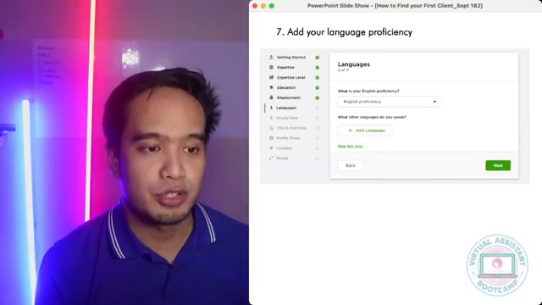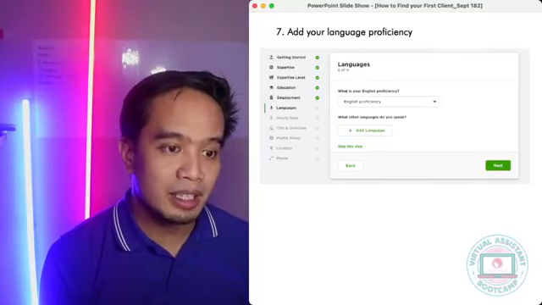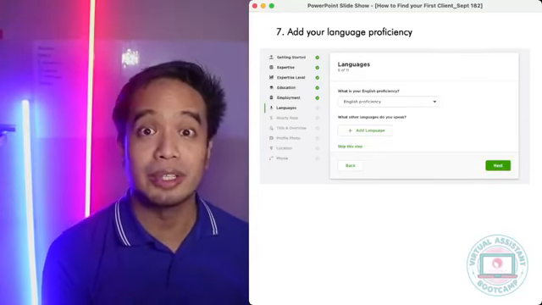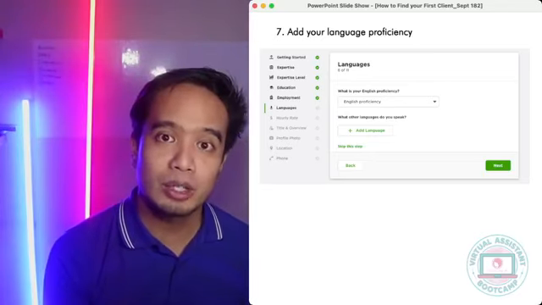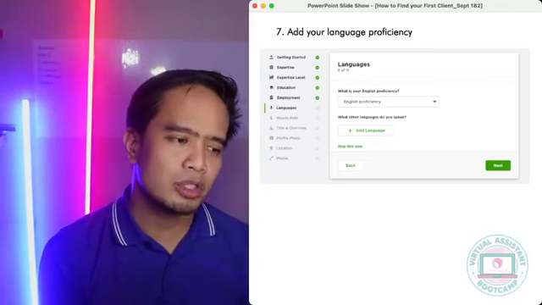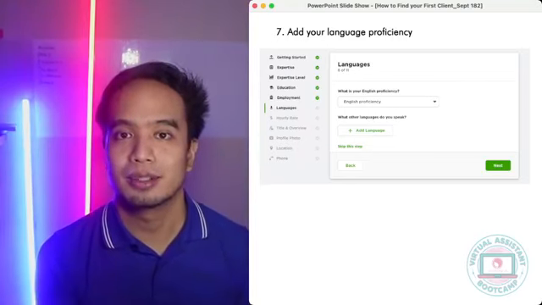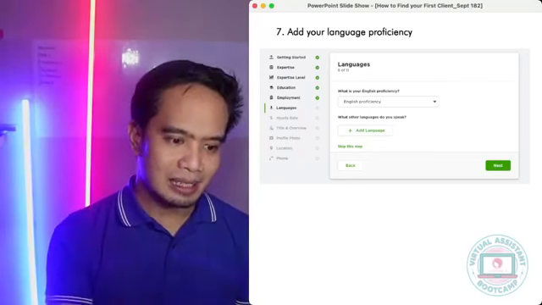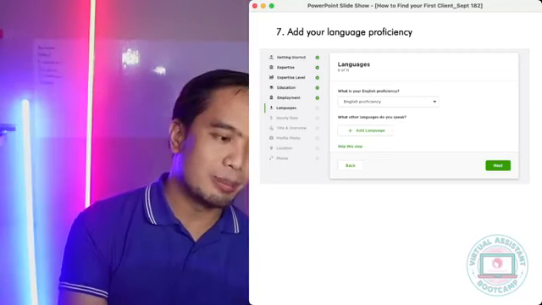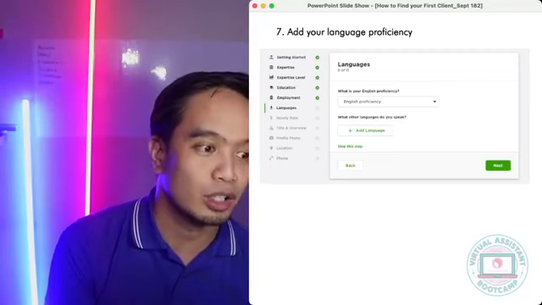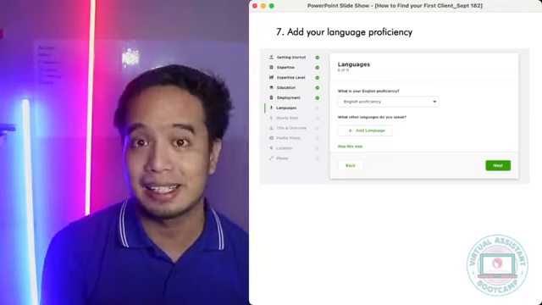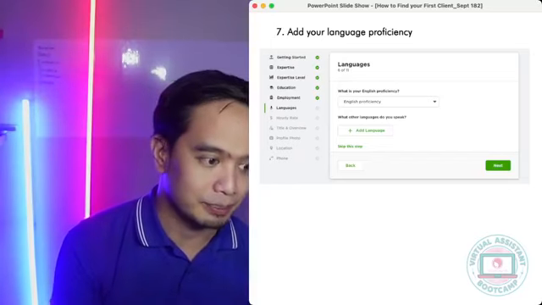Next, your language proficiency. So, English, and it'll ask how proficient are you in English. Kung native ba kayo, kung excellent, kung good. And usually sa atin, yung mga Filipino, excellent yung mga English natin. Compared sa ibang country, excellent kahit even if we're not the best in English, yung high school or college, mostly sa atin excellent or good yung English natin.